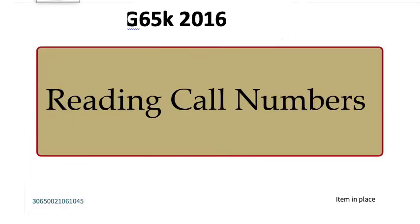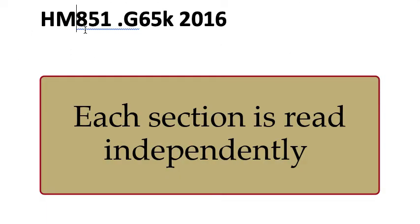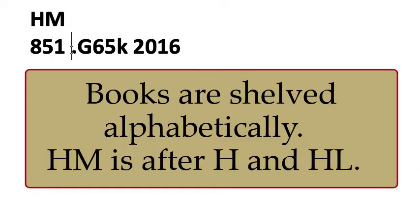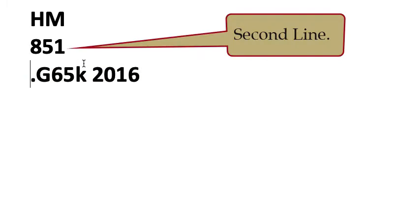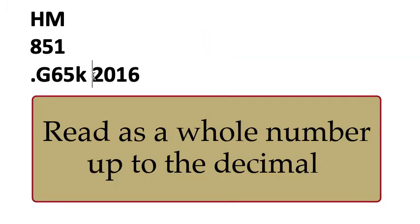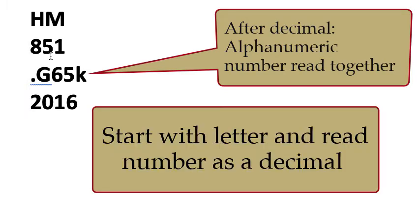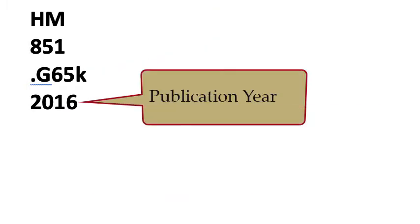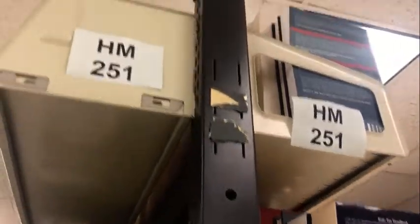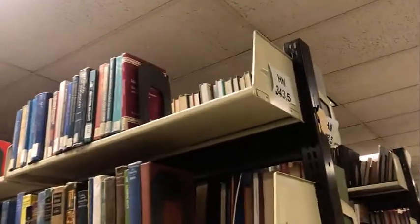Reading a call number is a little bit different because you have to read each section independently. The letter line is the HM. The second line you're going to read as a whole number, so 851 is the number, not 8, then 5, then 1, but 851. Then you're going to read the numbers after the decimal point. Same thing there. So when you go to the stacks, look for the HM section and the numbers that correspond,